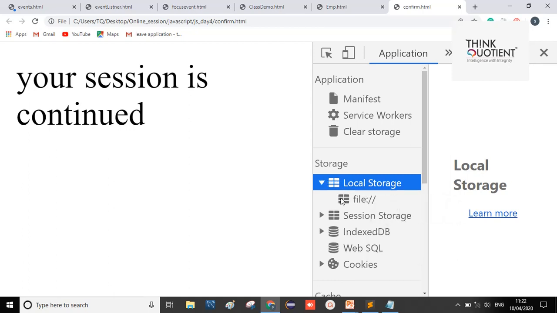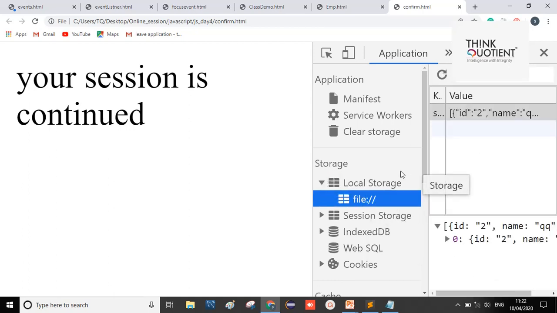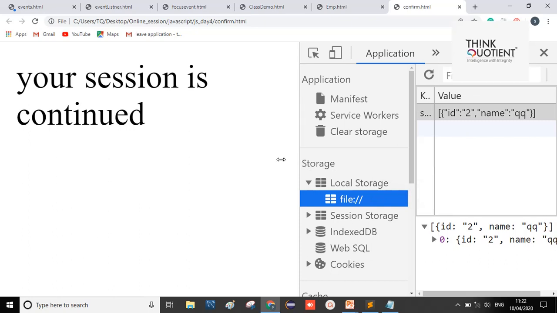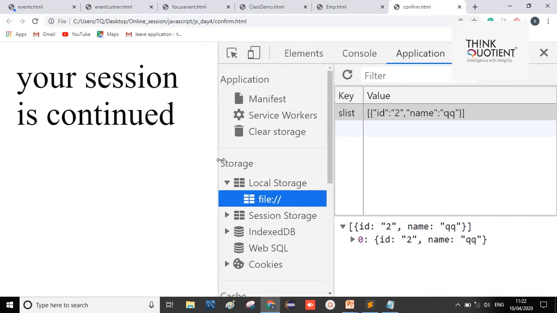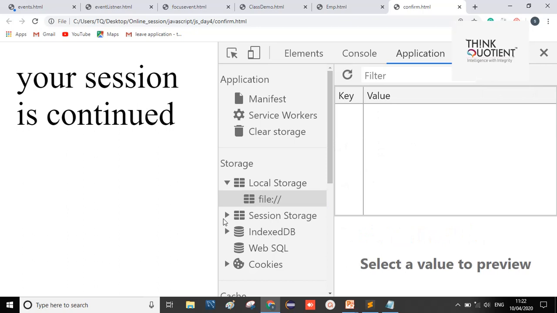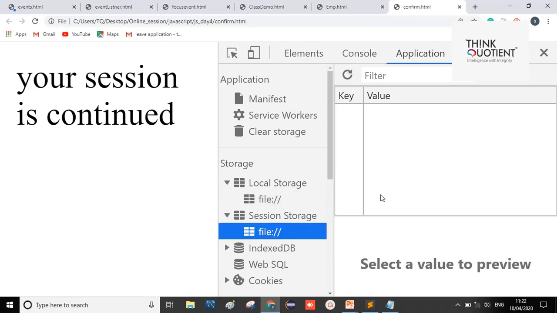So if I open the local storage, you can see some ID being displayed, because previously I had this ID written over here, right? So that's why it lasted. I'll just clear it. So you can see some key and value being displayed. If I open this session storage, you can see some key and value,